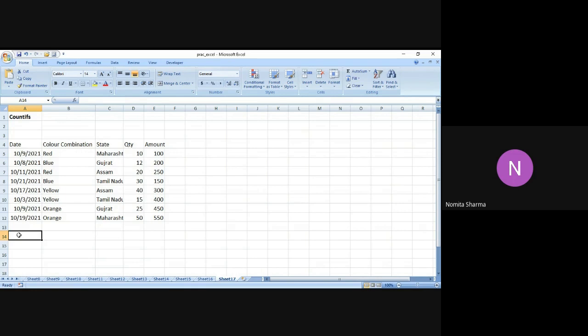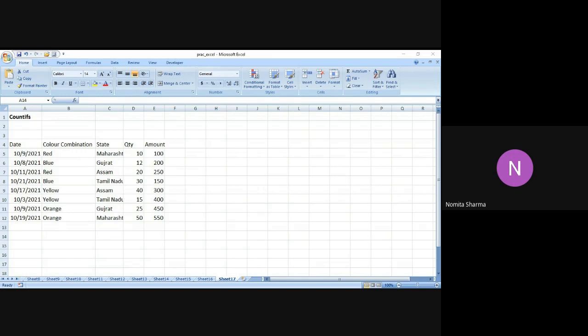So I'm going to use now the COUNTIFS function, where we know that the aim is to use multiple criteria while we are counting the items in a particular cell. So it will count the cells that meet one or more criteria. So let's go one by one. The very first command that I'm going to give over here is a very simple one.